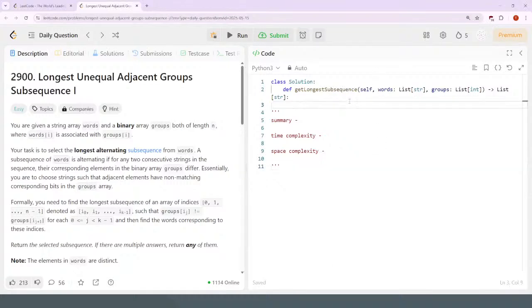Alrighty, easy today. Longest unequal adjacent group subsequence. You're given a string array words and a binary array groups, both of length n, where words at i is associated with groups at i. And your task is to select the longest alternating subsequence from words. A subsequence of words is alternating if any two